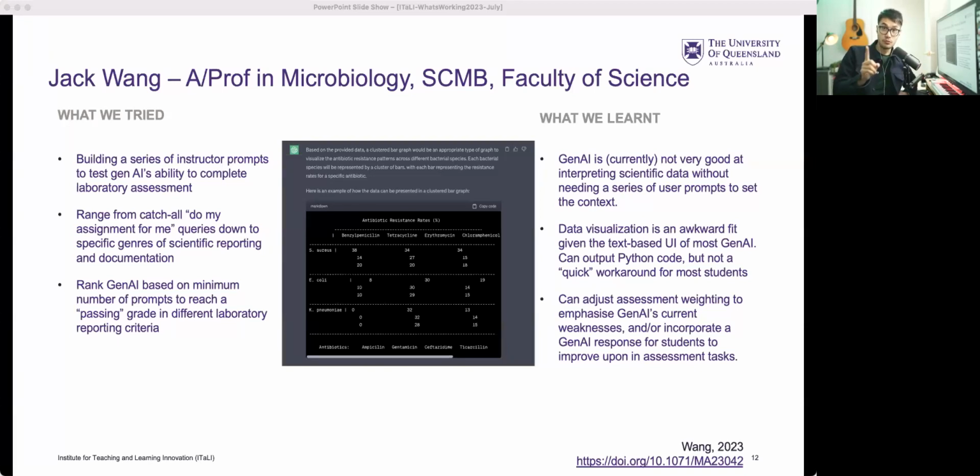So a few closing thoughts from me. I know I'm running out of time. First of all, I've already mentioned it, we do need to adjust the assessment weighting to emphasize the bits that AI maybe doesn't do quite as well, and reframe the parts that it does do well. For instance, the introduction section of a lab report can be done relatively okay by AI. It's filled with false references, irrespective of the type of GPT you're using. It still hallucinates on occasion.